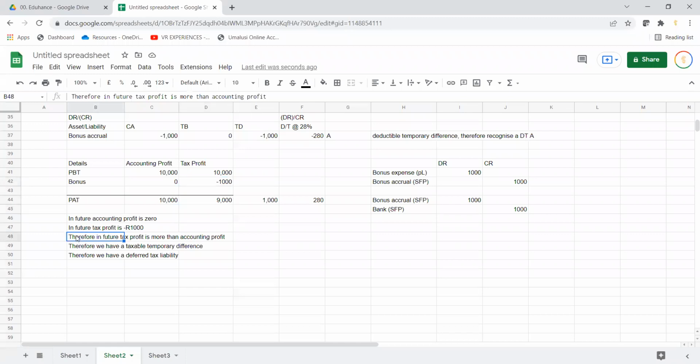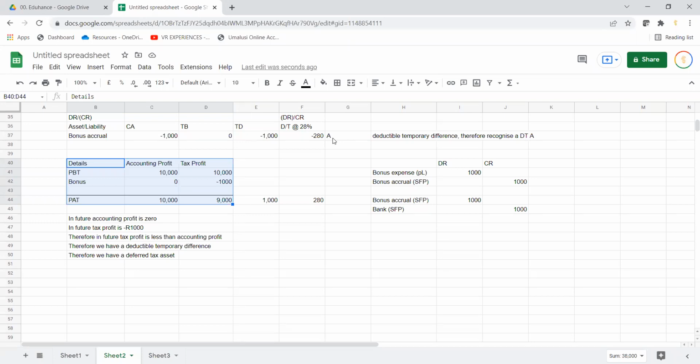9,000. Therefore, in future, tax profit will be less than accounting profit. Because it is less than accounting profit, we will have a deductible temporary difference. Because we have a deductible temporary difference, we will have a deferred tax asset. Okay, so this is what you need to think about in order to conclude that we have a deferred tax